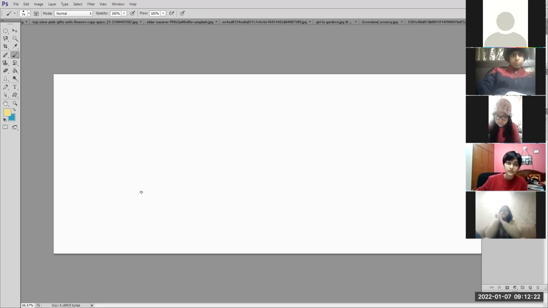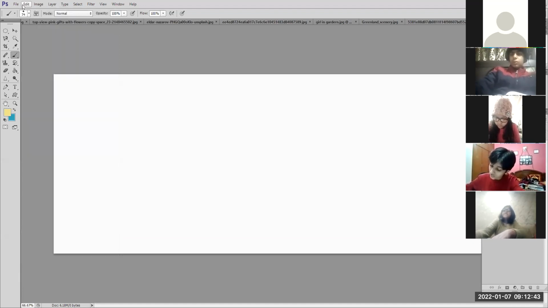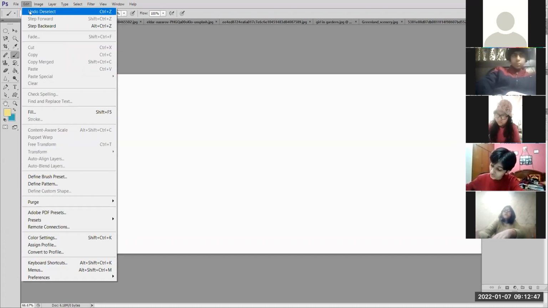But if you want to undo more than one action, what can you do? You can click on the Edit menu, Step Backward. The shortcut key is Alt plus Ctrl plus Z. One action can be undone by clicking on the Edit menu, Undo option, shortcut key Ctrl+Z.